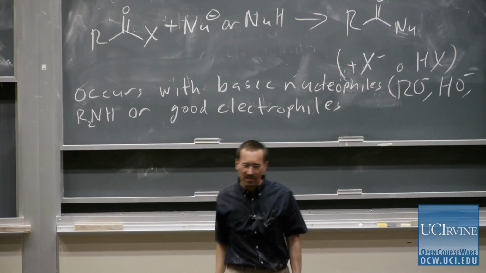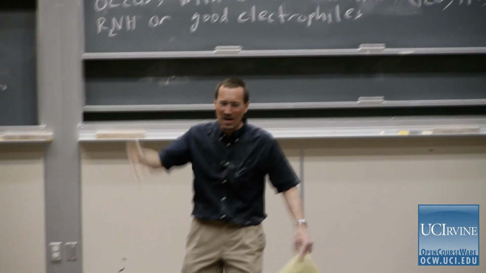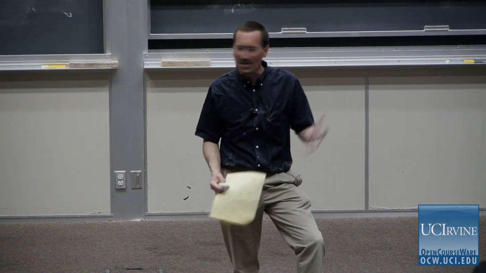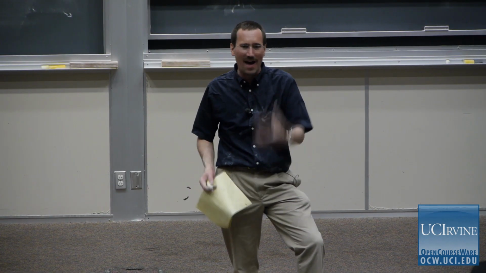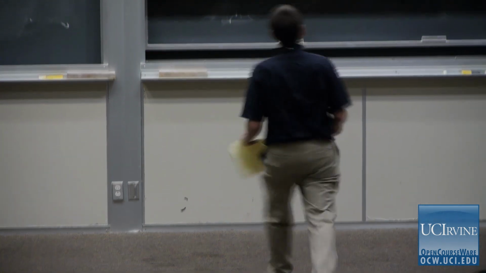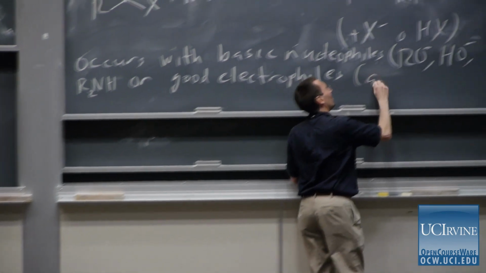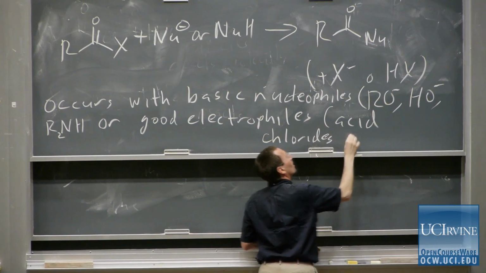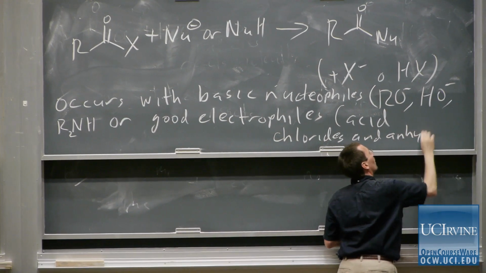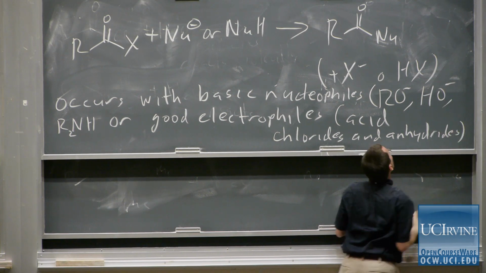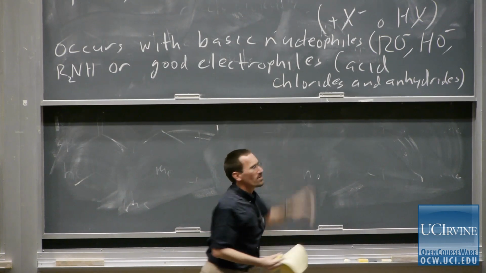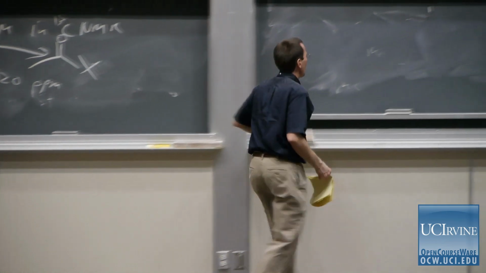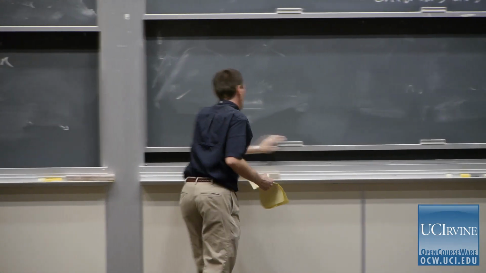And of course, what do I mean by good electrophiles? Well, good electrophiles are those ones that sizzle or react vigorously with nucleophiles. So specifically in this family, I'm talking about acid chlorides and acid anhydrides. So that's one generalization that I'd make. And the other generalization that I would make is that weakly basic nucleophiles